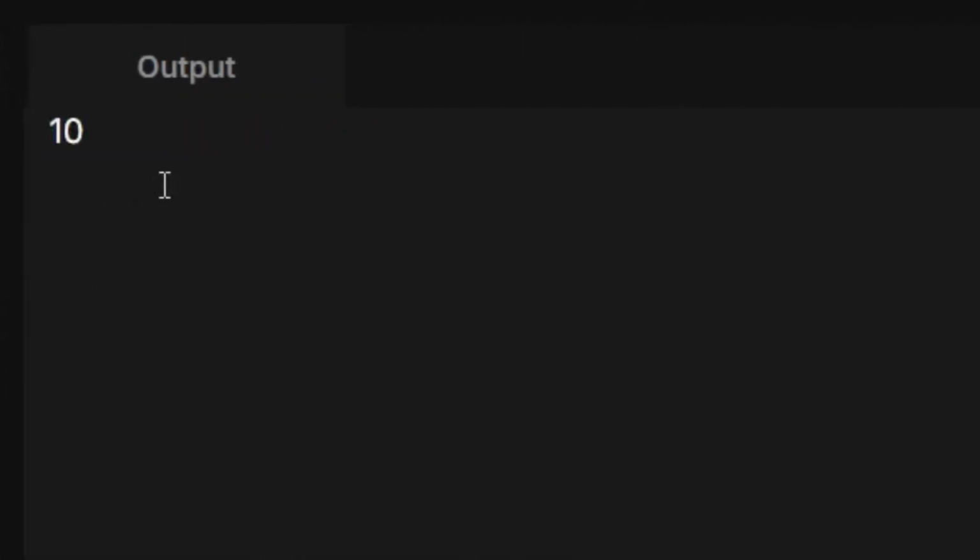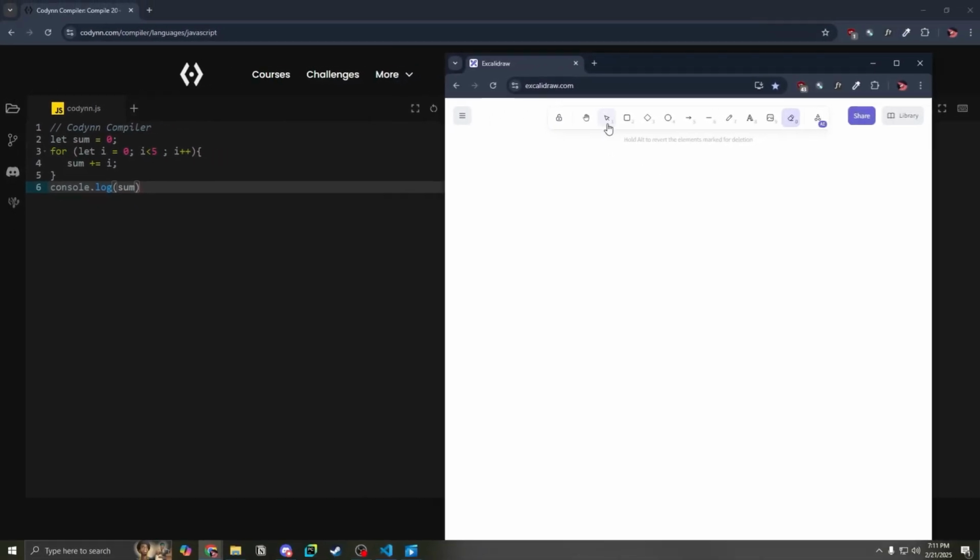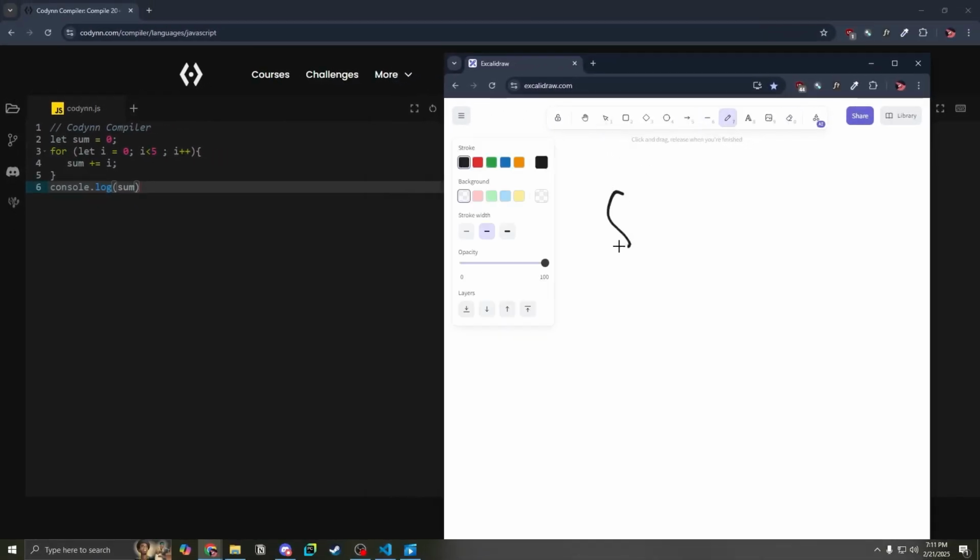So it prints out 10. And I'll demonstrate what is happening during each iteration of this for loop. So at the beginning we have the value of sum is 0. Don't mind my handwriting. Sum is 0, and the value of I is also initially 0 since we have declared